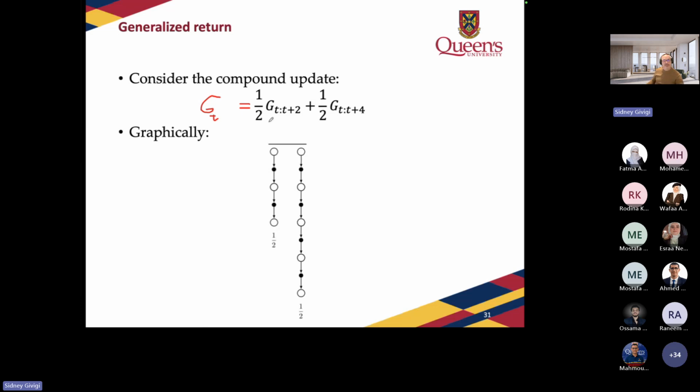Observe that since this is an average, if I add these 2 coefficients, they have to add up to 1. So that's a requirement. Otherwise, this is not an average, right? If this is less than 1, we are going to attenuate these values here. If this is greater than 1, we are going to amplify them. So they have to be equal to 1. And we can do this. In this case, we are doing this for only 2 terms here, but we can actually do this for more than 2, for any number of values as we wish.